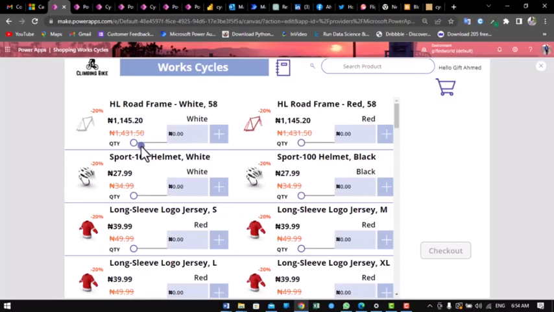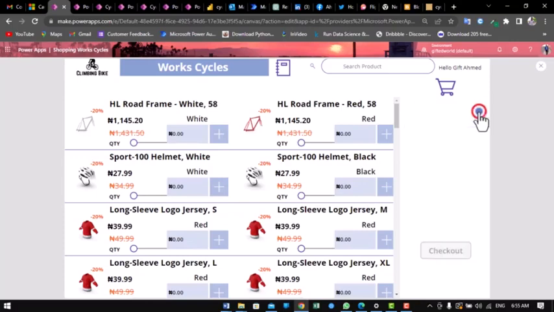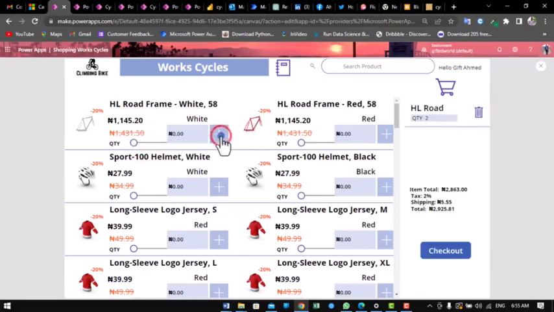Also, now it shows that I should be able to add to cart and remove and update. Now, how I achieved that was that from this slider, you can slide, you could increase up to any quantity you want and click on this plus icon, which is for the add items. Once you click on it, it adds it to a cart here. In case you don't want it, you can click on the trash icon here and then it goes away. So you just have to click on this slider, add an item, and then if you don't want it,